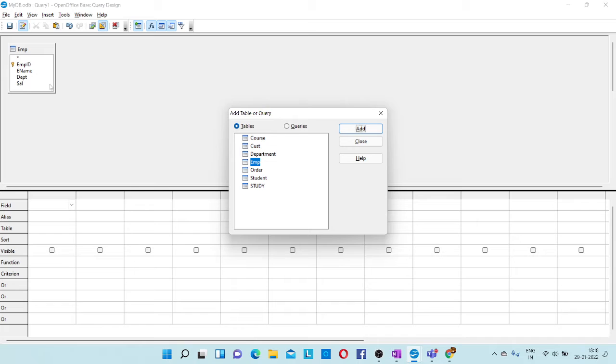Okay, now let us write a query to display the employee name and their salary. Simple. This time we do not want to see all the details of the employee. What we want to see is only employee name and their salary. Only two fields we want to see. So this time what we will do, in the fields we will select the first field as